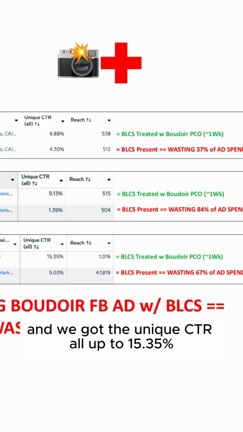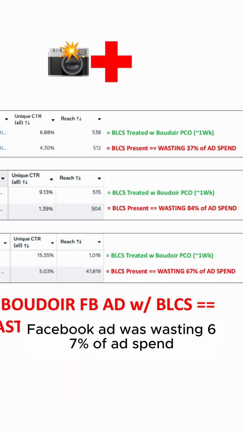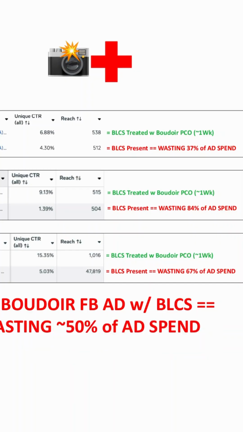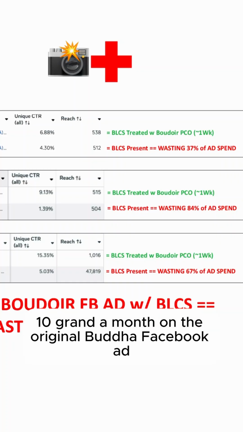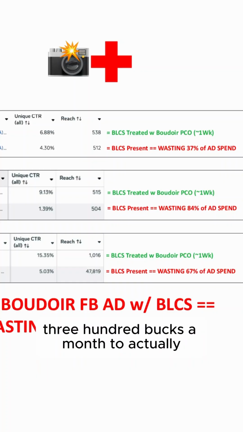And we got the unique CTRL up to 15.35%. So we found his original Boudoir Facebook ad was wasting 67% of ad spend. As a result, now if he's spending 10 grand a month on the original Boudoir Facebook ad, now he only needs to spend 3,300 bucks a month